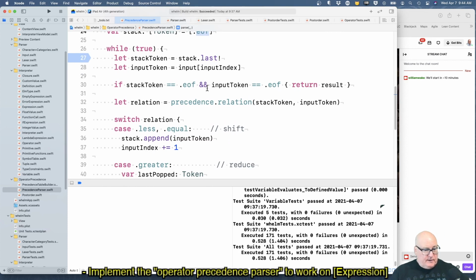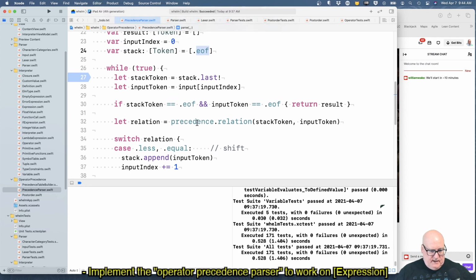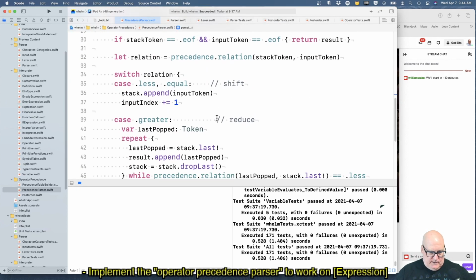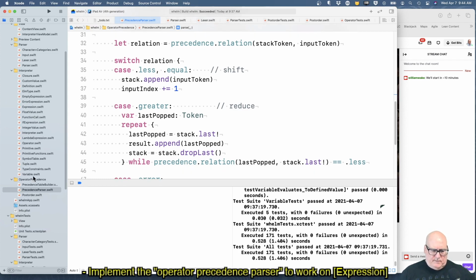Well, we're going to have to figure out what to do about EOF. That's a little tricky. But I think when we get the relationship between the stack token and the input token, we can actually map that. We can map our expressions to tokens. So let me show you what I mean there.